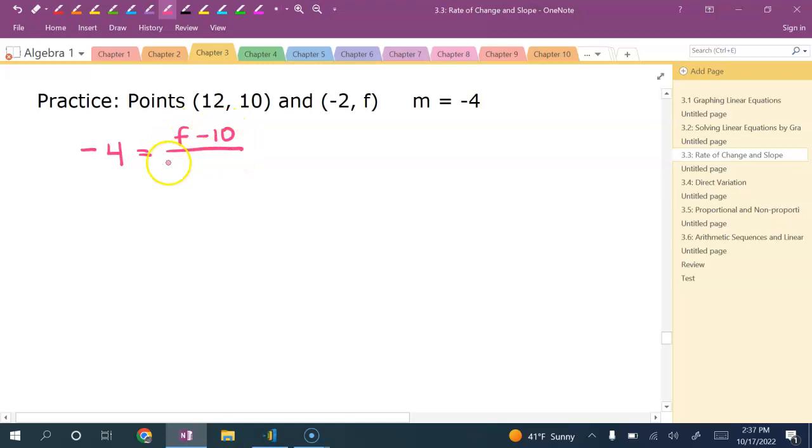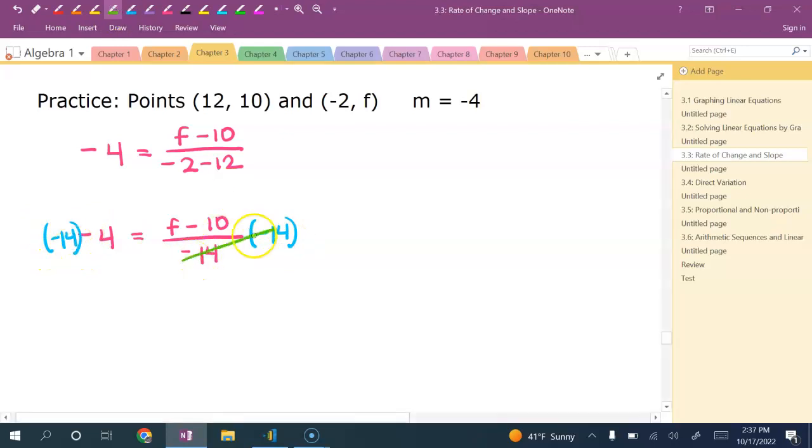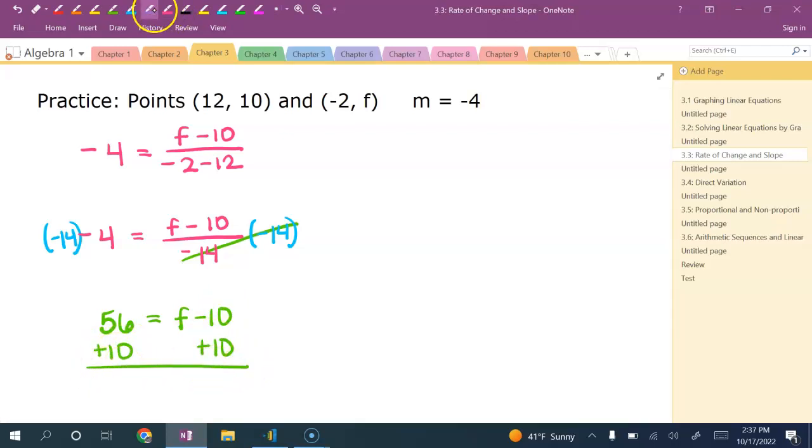So to get you started, I would have set it up like this. Then I would have simplified the bottom of that second fraction so that it says negative 14. I would multiply both sides by negative 14 to get that out of the denominator. So you would have 56 equals f minus 10. Then I would add 10. And I would have 66 equals